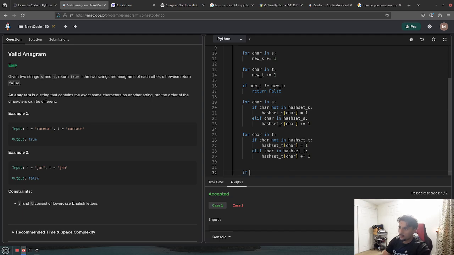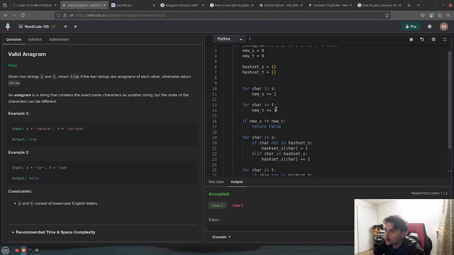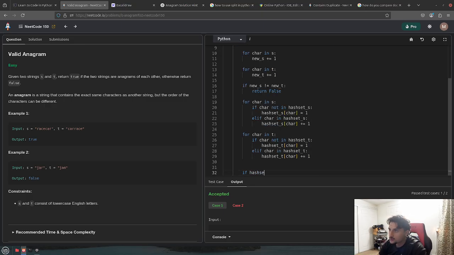If hash set underscore s is equal to hash set underscore t,